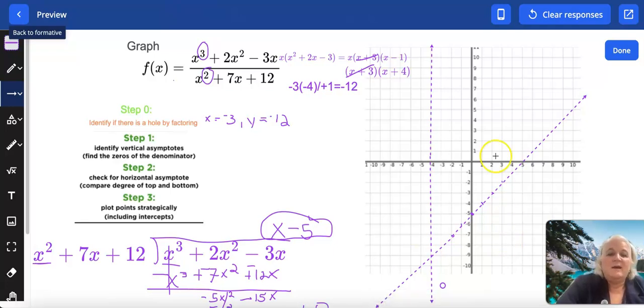Okay, now I need to know where this graph is on both sides. So I'm going to stop right